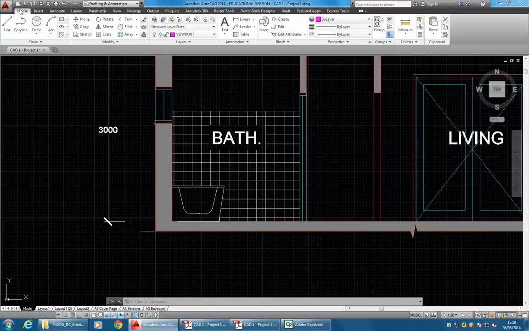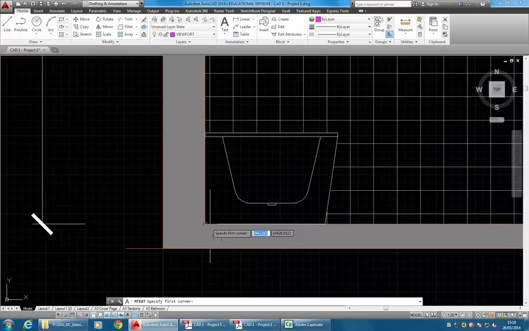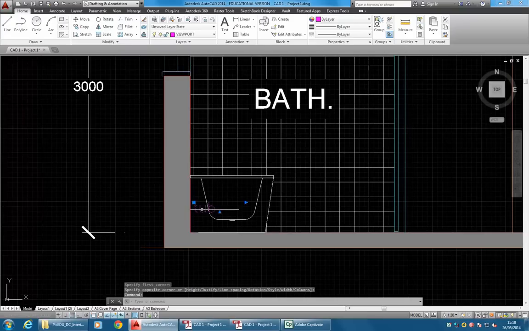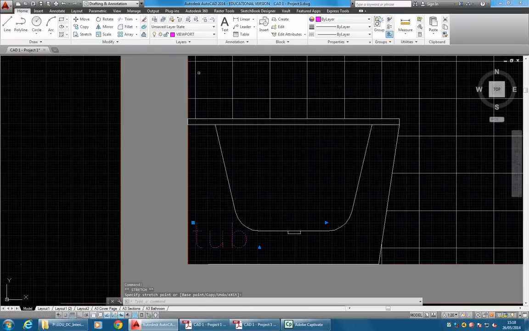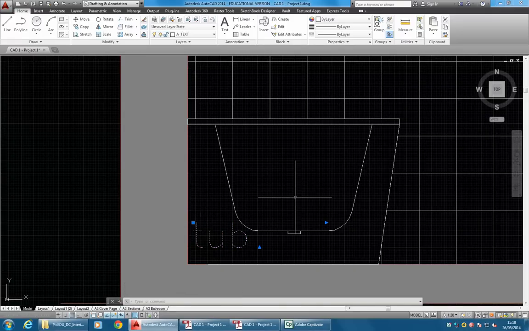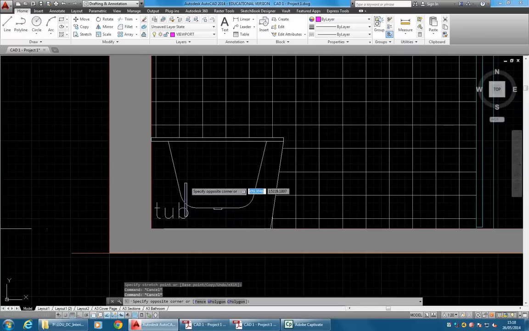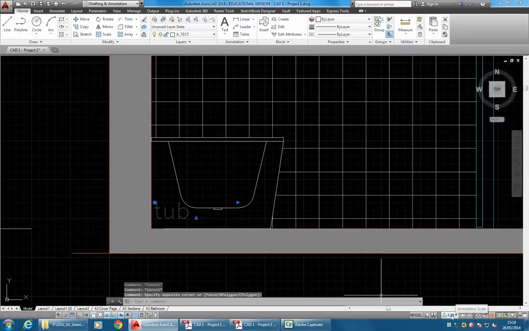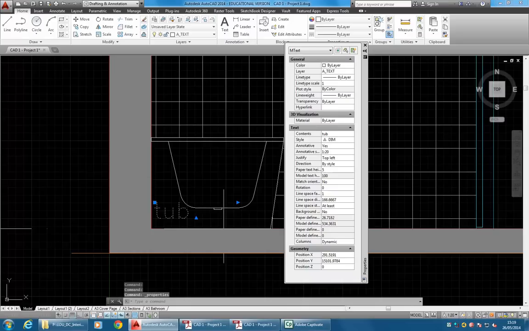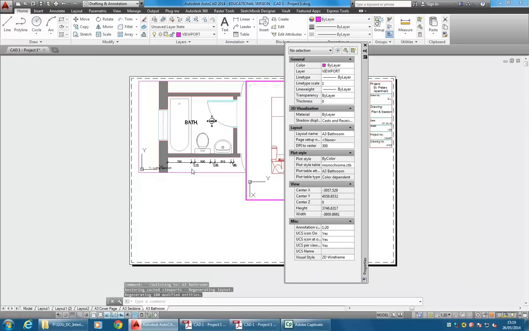Okay, so I'm going to draw some more multi-line text in here, so for the bath maybe. Okay, so I'll put it on the right layer. So I'm just using the text layer. I'm not worrying about which scale it's for. AutoCAD's going to manage that for me because, again, I drew it with 1 to 20. So I know in properties, if I look at this text, it knows it's 1 to 20. And so then here,